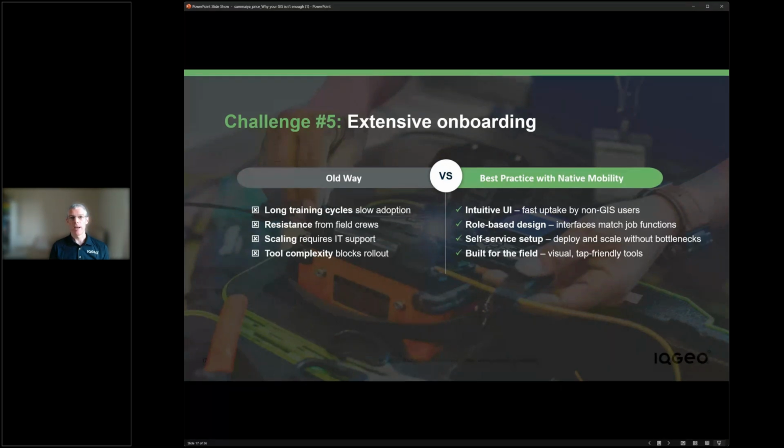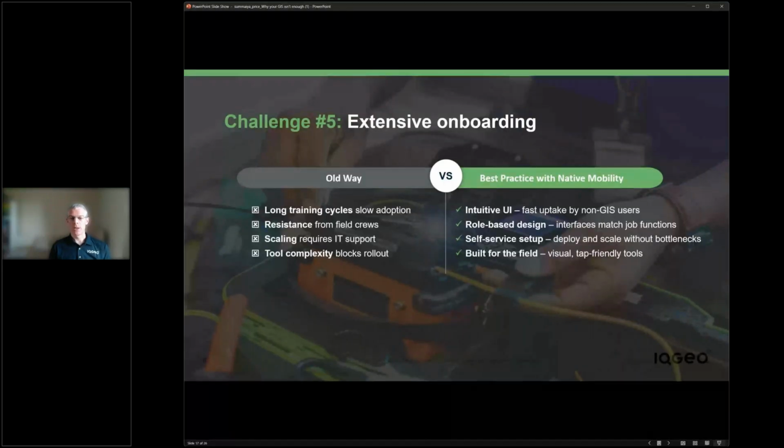So they've got that simplified view of the world that allows them to focus on their particular role and goals. Making the deployment as simple as possible from an IT perspective, working with mobile data management solutions, also streamlines that process, and clearly having capability that has been built both for the office and for the field provides a tap-friendly interface as well.